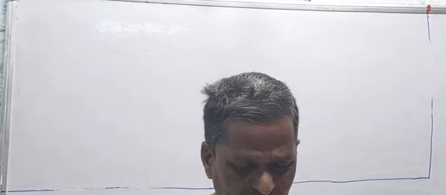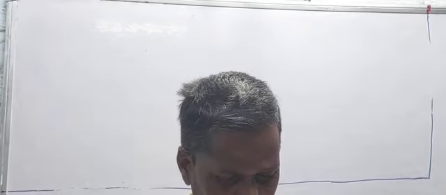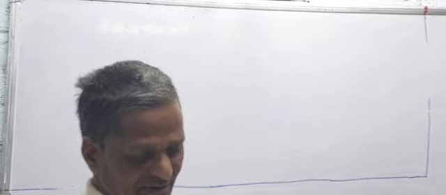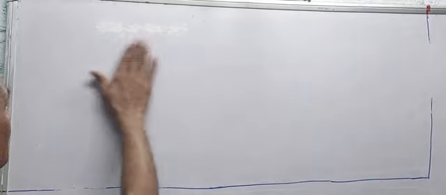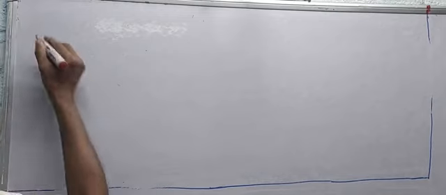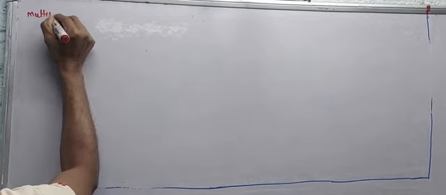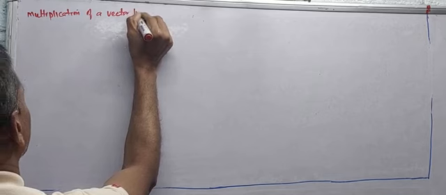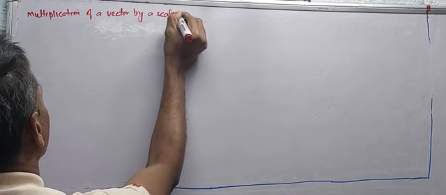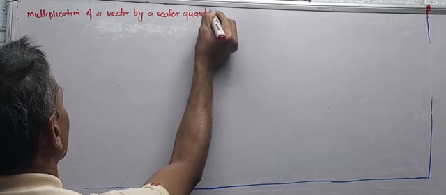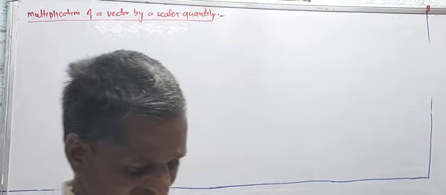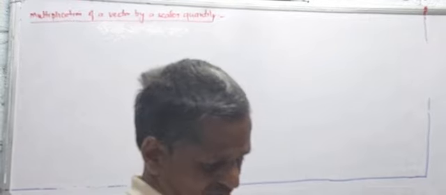तो इस वीडियो लिंक में हम देखेंगे मल्टीप्लिकेशन ऑफ ए वेक्टर बाय ए स्केलर क्वांटिटीज। मल्टीप्लिकेशन ऑफ ए वेक्टर बाय ए स्केलर क्वांटिटी, किसी वेक्टर का किसी अदिश संख्या के साथ गुणनफल। When a vector a is multiplied by a real number lambda,